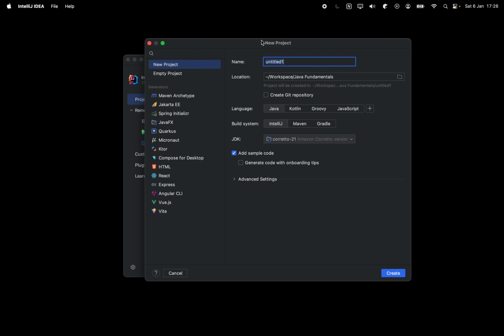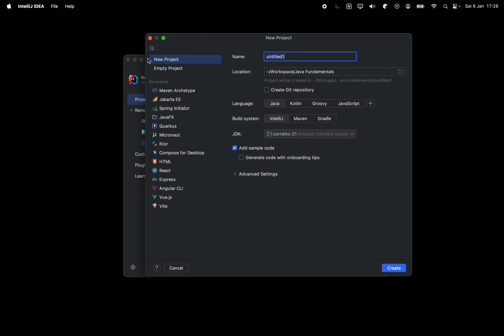And now it essentially comes up with this screen here. We don't want to select any of these, we just want a new project. And we can now put the name in here. We can name our project however we want, but I'm going to name this one Hello World,